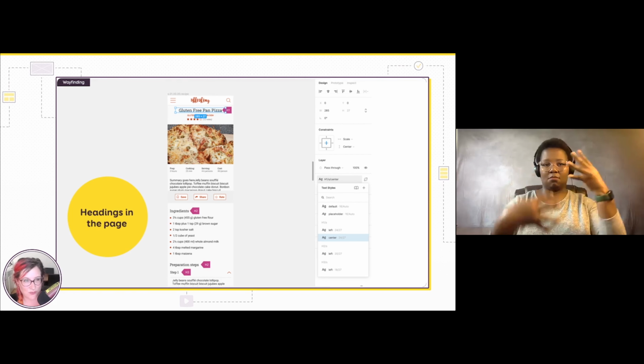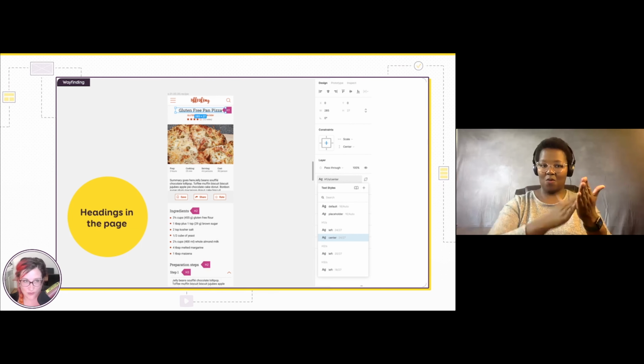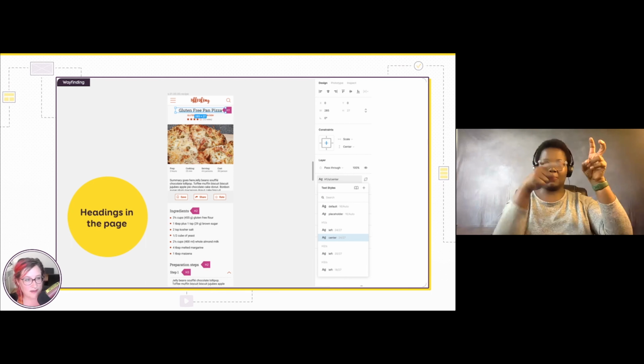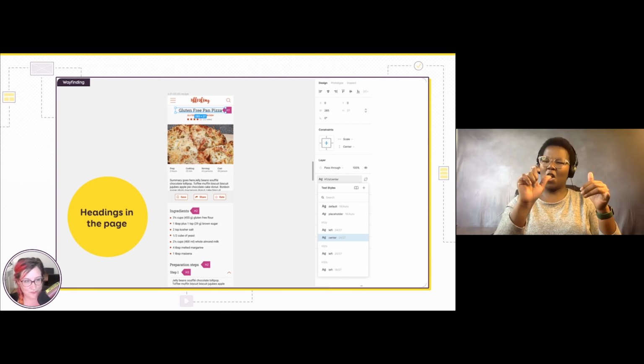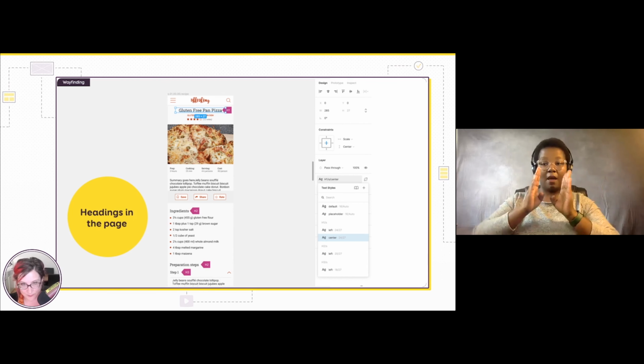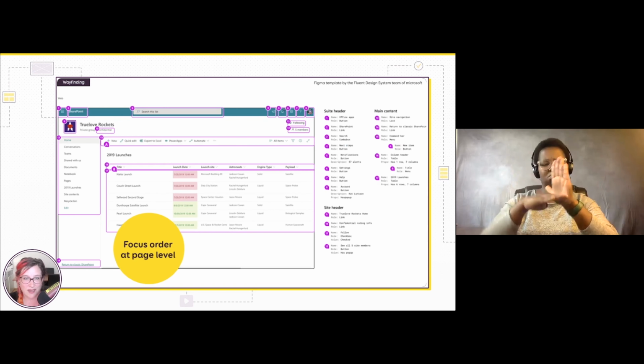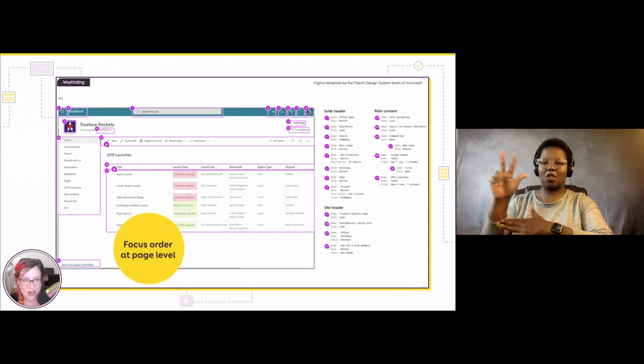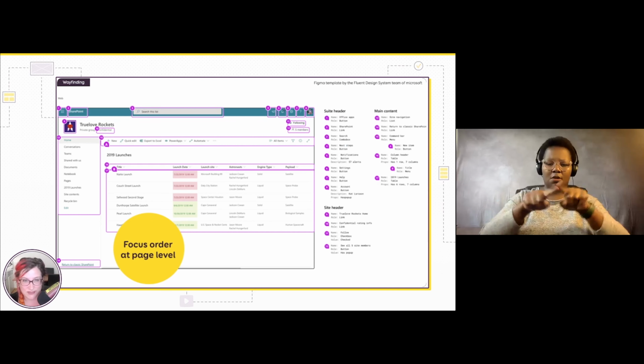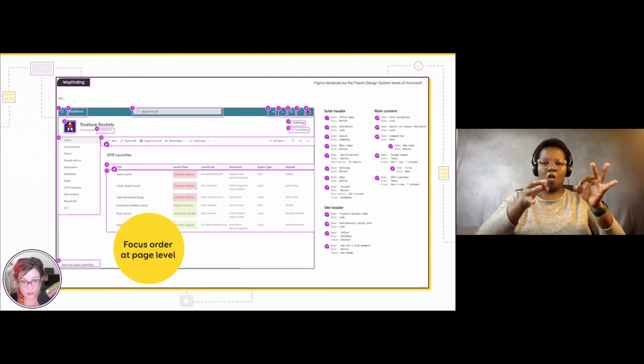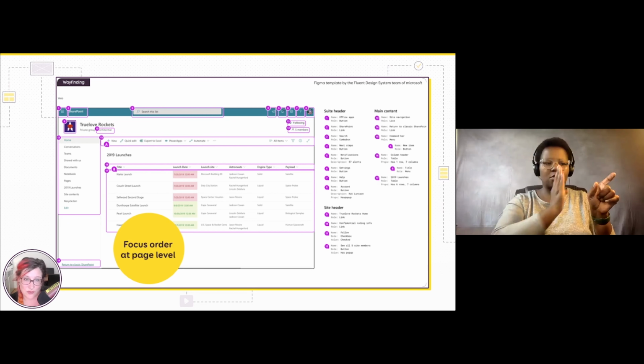This is a mobile version of my cooking recipe website. H1 is at the top. It's the title of the recipe, gluten-free pizza. Then I have ingredients as H2, preparation steps as H2, and then each step is an H3. Some people will also navigate without a mouse, using keyboard navigation, especially the tab key. In this case, the focus order of the page should follow the logical flow of the page. So this is something you can also document.